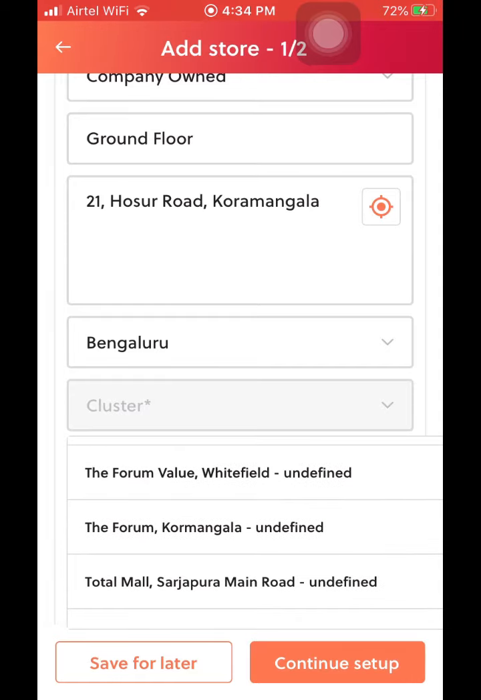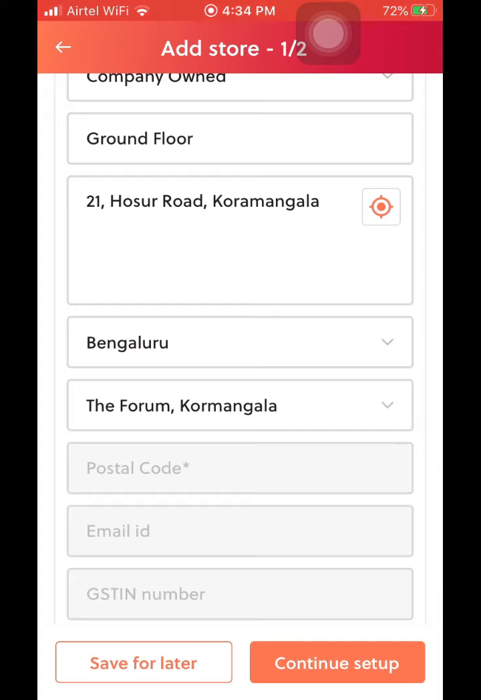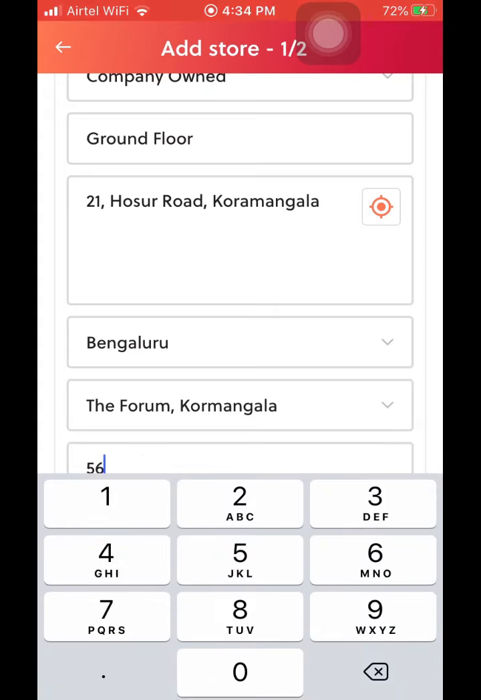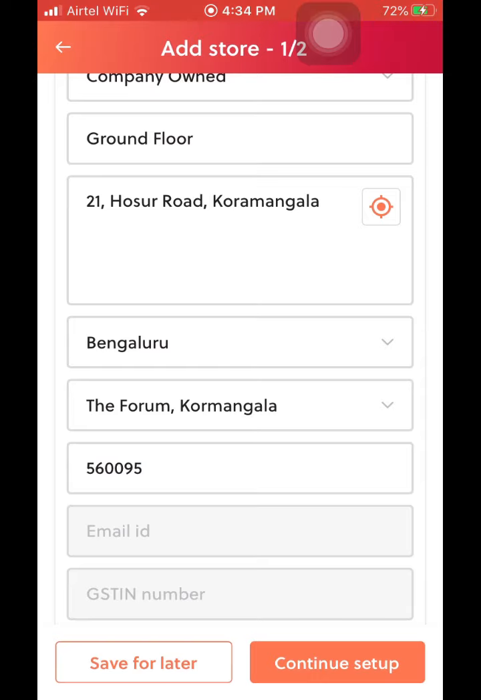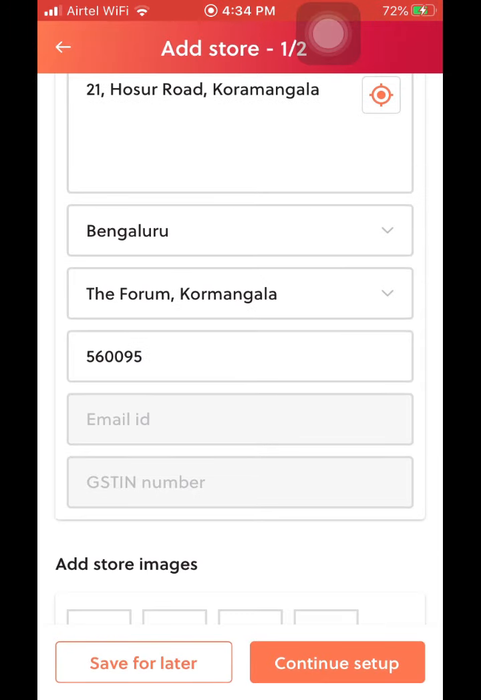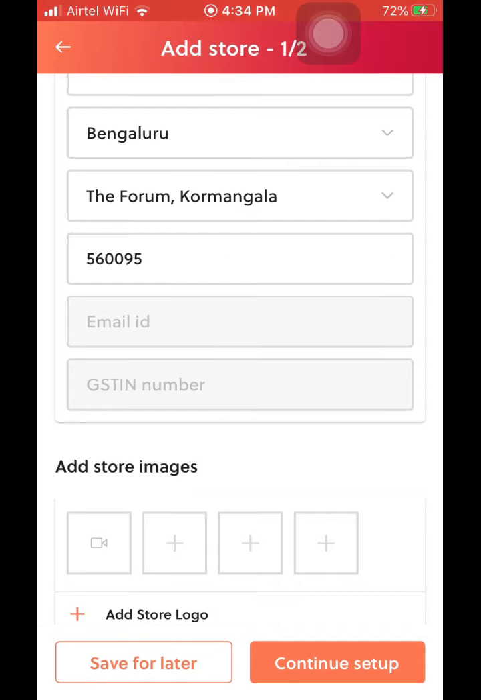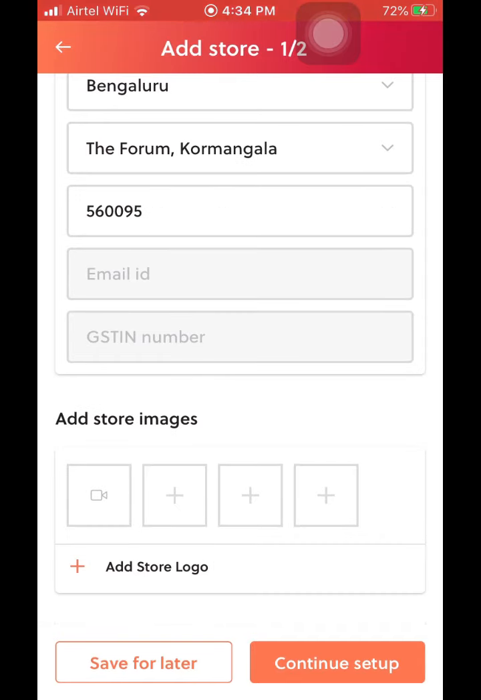Okay, so this is the Forum Mall that I have selected and I'm entering a pin code. You have to enter an email ID and a GST number as well, but for now I am ignoring it in the interest of time. Once you come down here, this is where you begin to start setting up your physical or the virtual